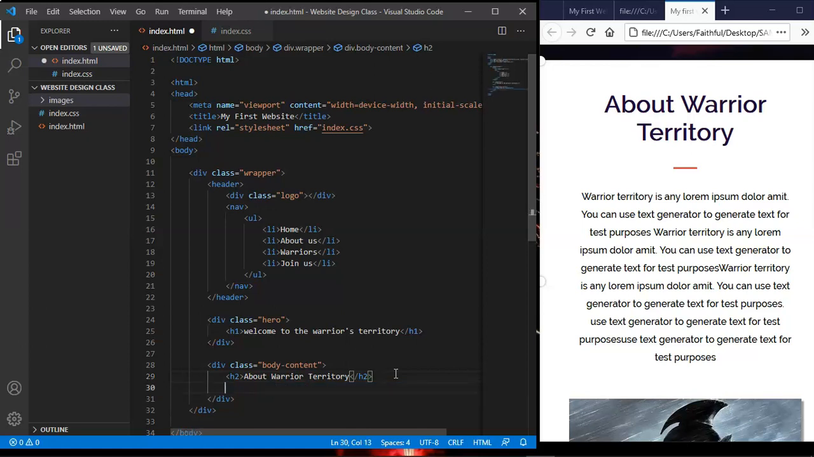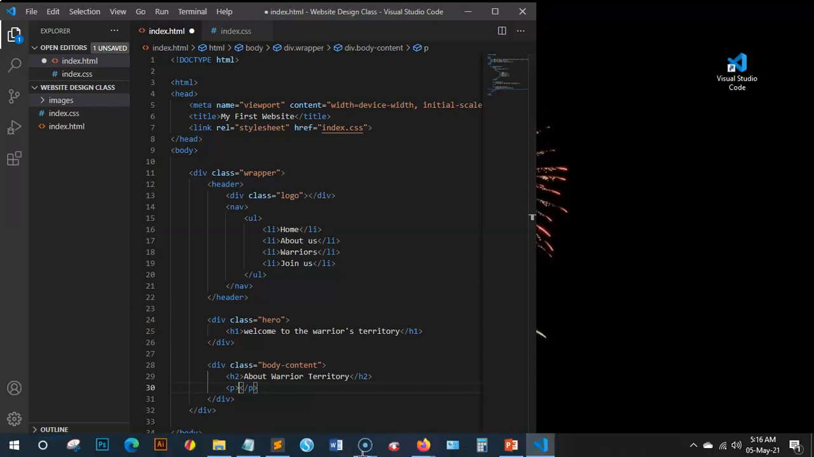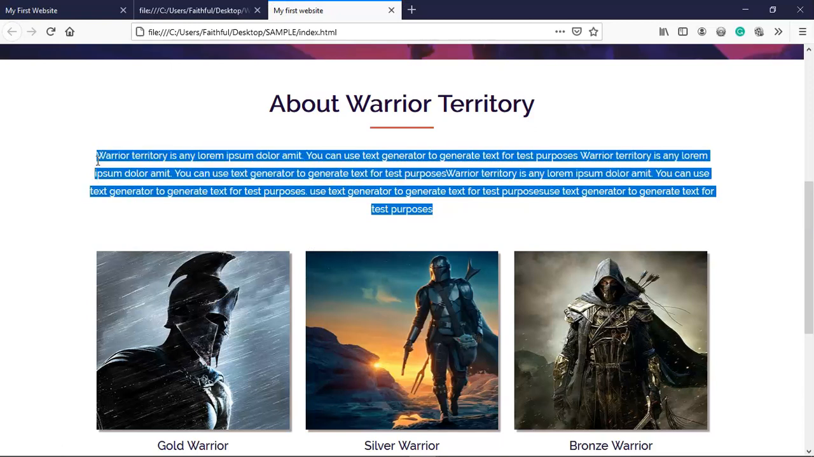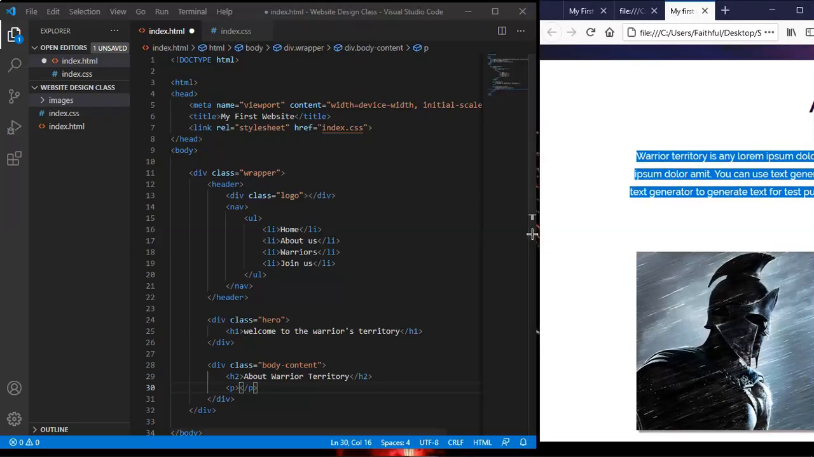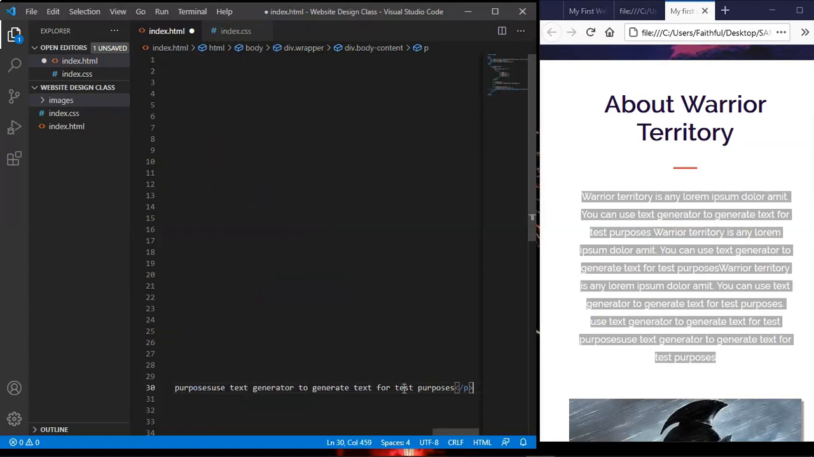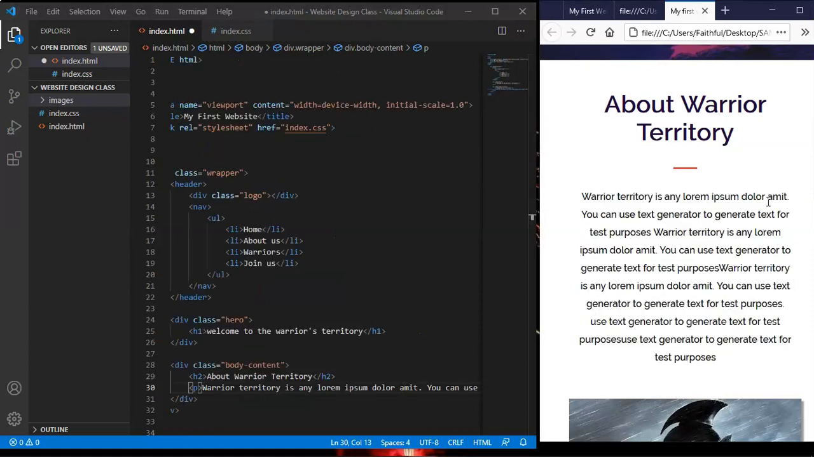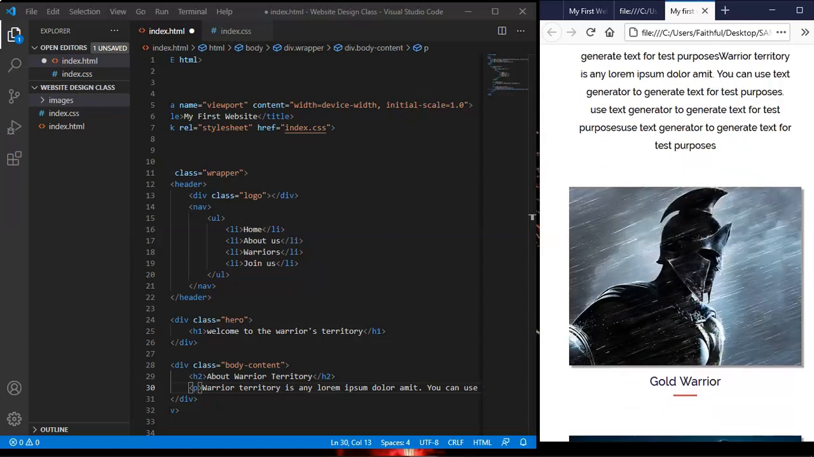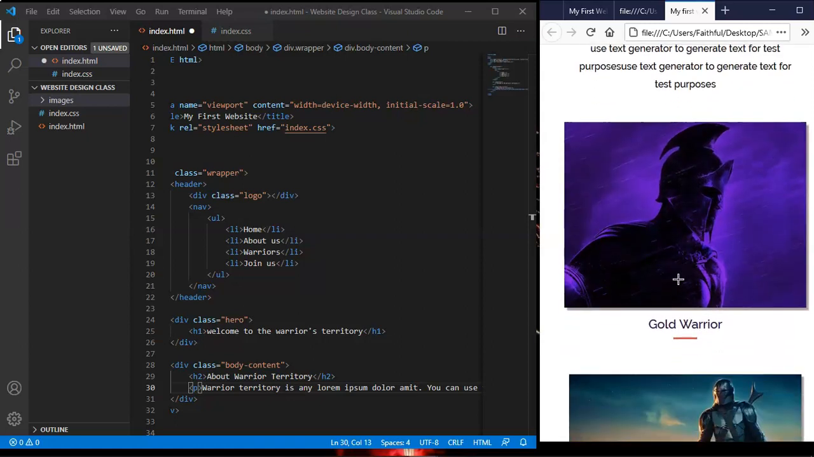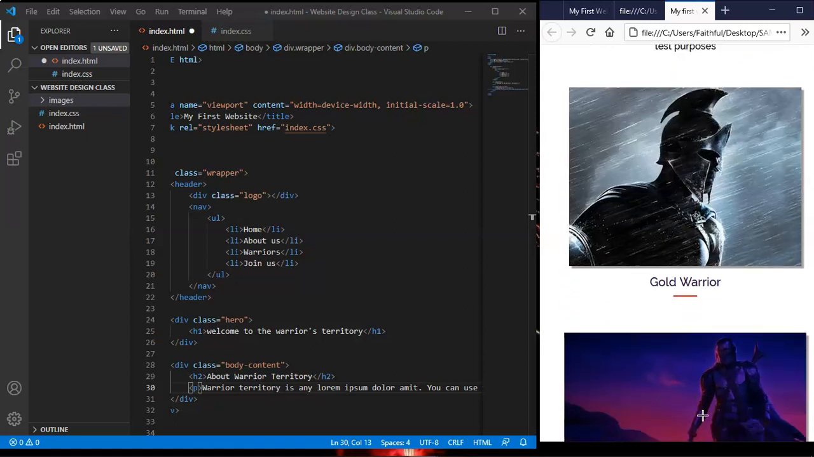And the next, outside the heading, we have the paragraph text. So paragraph, and let's just copy this. Going to copy this. It is a dummy text, by the way. So I'm going to copy this whole text, copy and paste. Don't worry, it's long, but it's not going to be that long on the browser. So we've just pasted the text there, and the next item inside the body content are the warrior images,